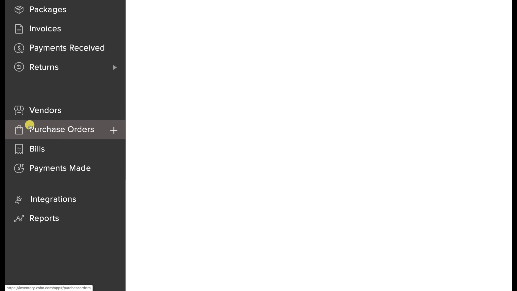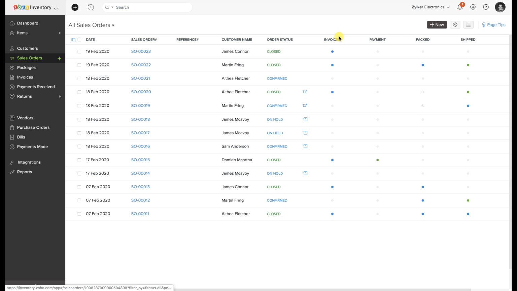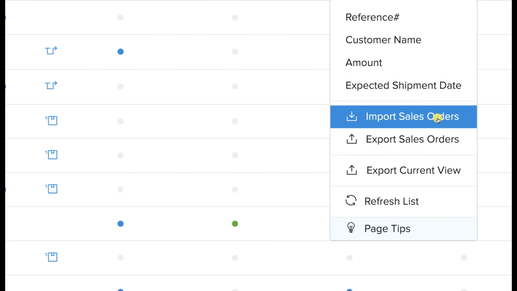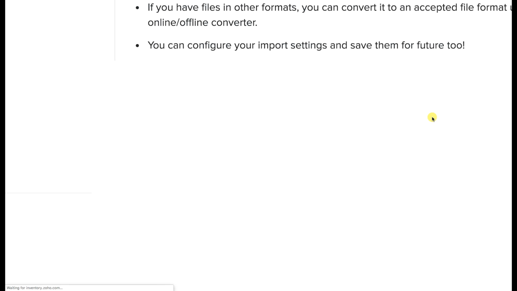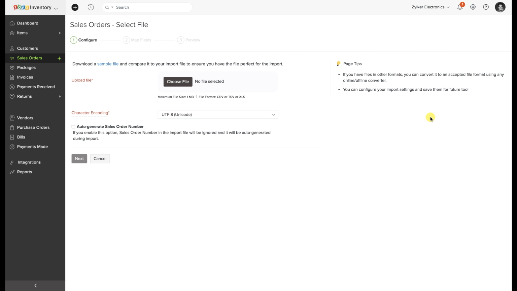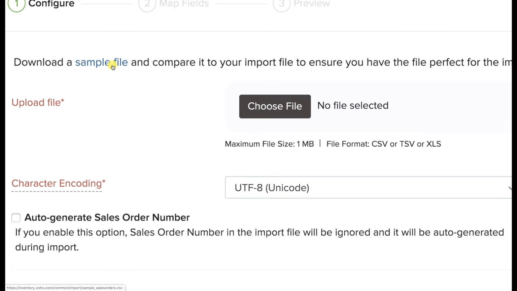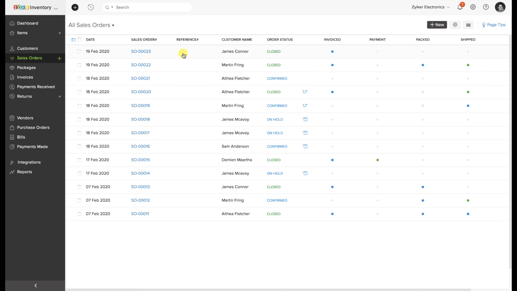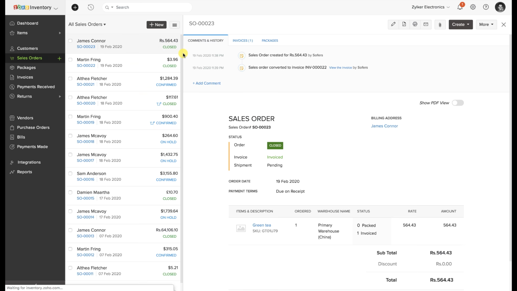Next up will be the sales order module. Since we have already seen the quickest way to create a sales order, I shall now walk you through provisions that can help you with other aspects of a sales order in Zoho Inventory. Historical sales orders or sales orders from another application can also be imported in bulk into Zoho Inventory with the help of CSV files. Click on the Import Sales Orders from the three-lined icon and make use of the sample file